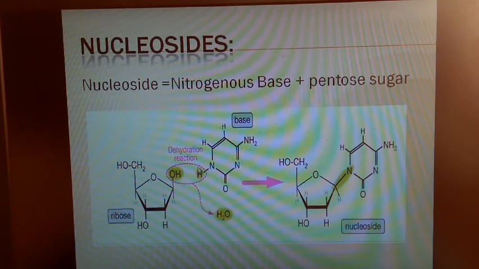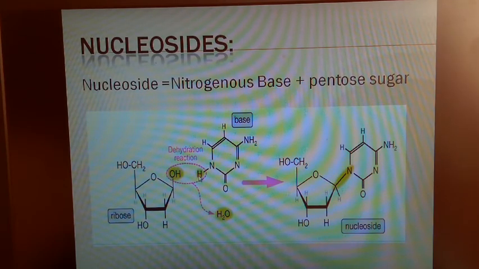So observe how it is going to form a nucleoside. We have a base like this. The base structure we have already studied in our last class. On the first carbon atom of the sugar we have an OH group, and the base consists of hydrogen. A dehydration reaction takes place. That means OH minus combines with H plus to give rise to H2O. If it is removed as OH minus, then this carbon will get a positive charge.